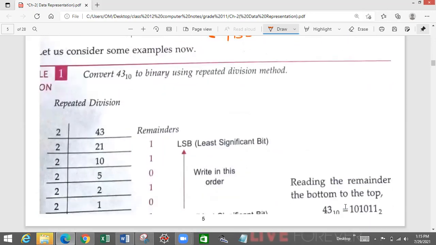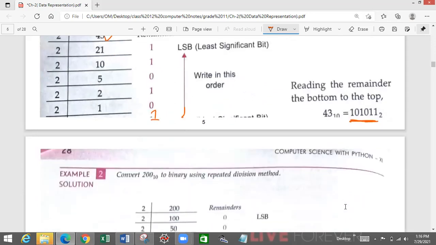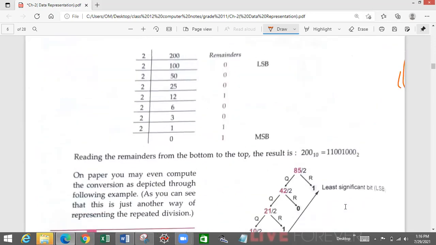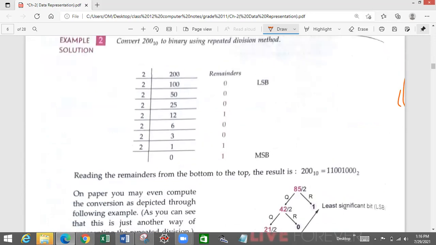Very simple. See, an even bigger number is given here, 43. Now 43 we keep on dividing by 2. We are doing repeated division, and we are just jotting down the remainders here. Then we write all the remainders, starting from the very last digit, which will be the MSB, starting from the bottom and going up, writing on the right-hand side of the number. The same way you can write any number, whether it's a smaller number or a bigger number. For 200, say, see how 200 is written.